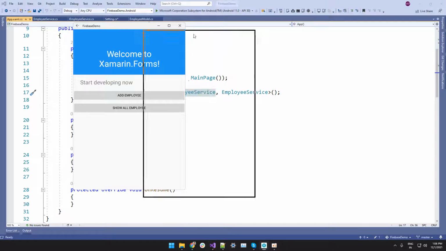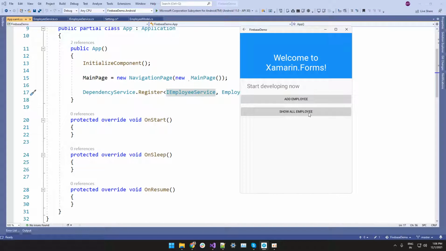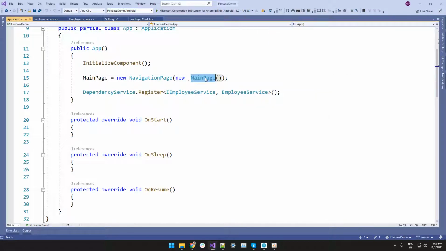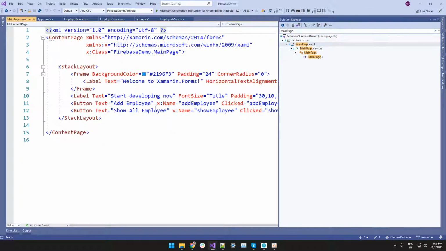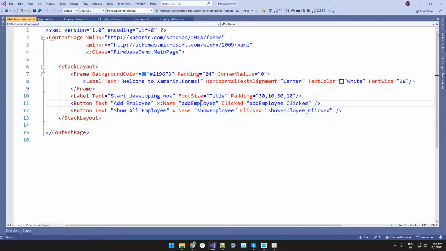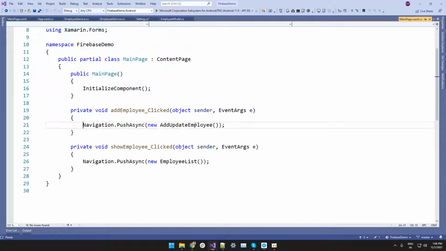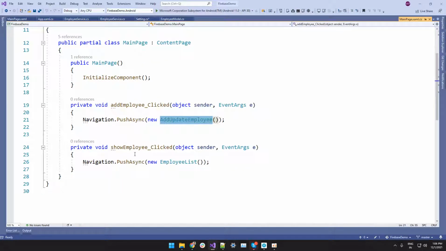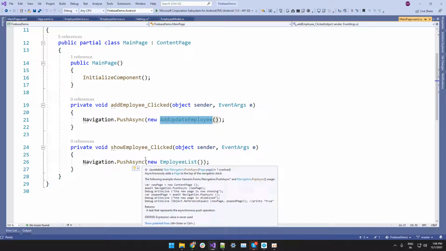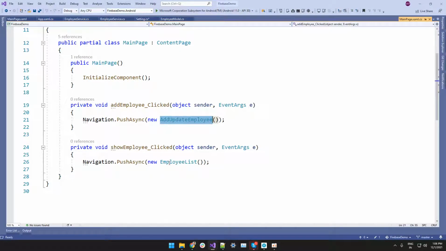Here, add employee and show all employees are available on the main page. On the click of add employee, I am navigating to the add update employee page, and on the click of show employee I am going to navigate to the employee list page.